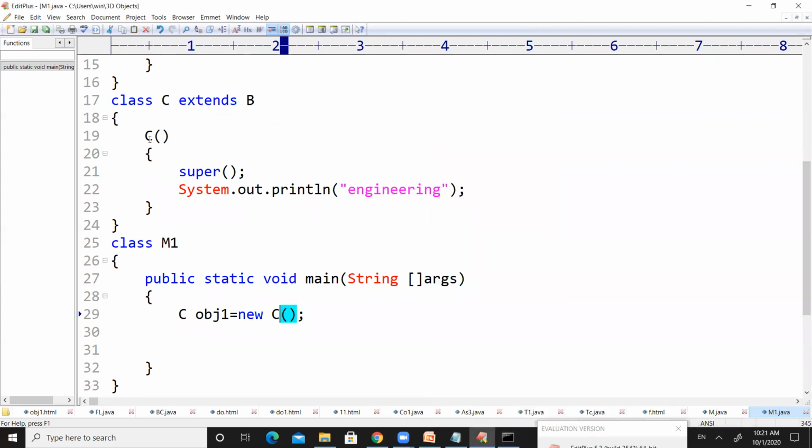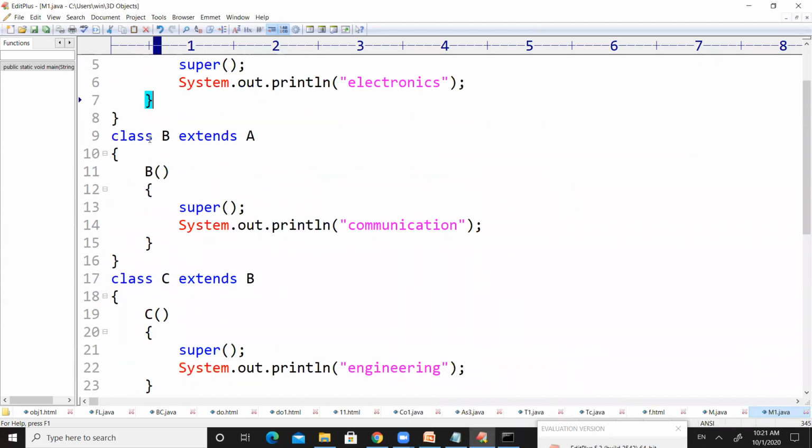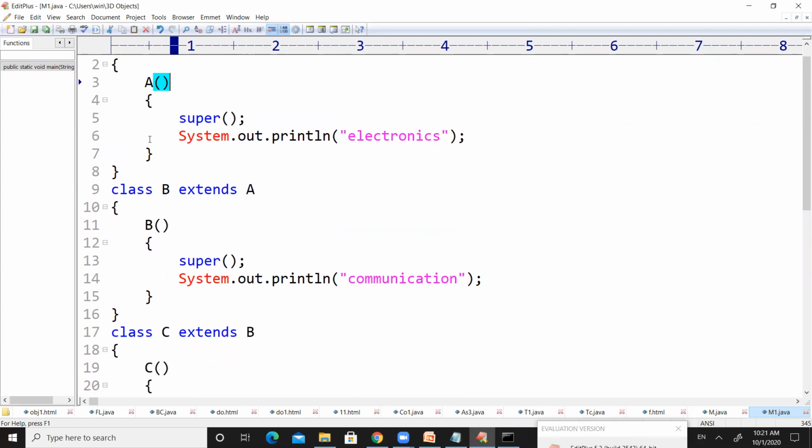It goes to the superclass constructor, that is class B's constructor, and class B's constructor also contains the super keyword. So class B will look for its superclass, class A. Inside class A we also have one constructor, and it contains the super keyword.